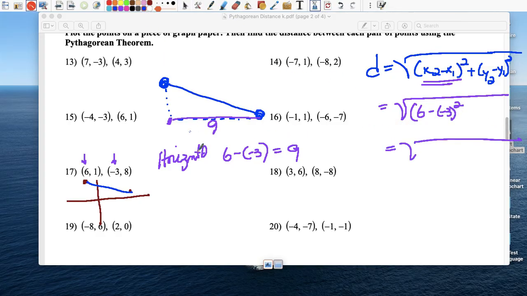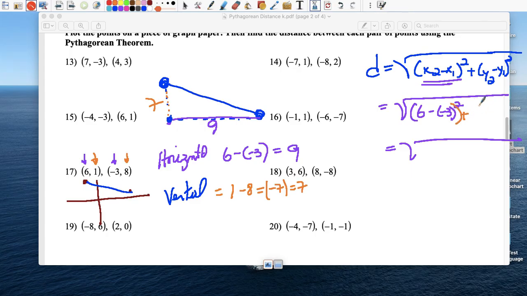And then the second part would be the vertical, right? The vertical distance between these 2 points from here. I'm going to change from here. And to find that vertical distance, I'm going to do the difference between the y values. So we get 1 minus 8, which is -7. Take the absolute value of that, you get 7. So this is 7. And if I did it on this side, I would get, right,